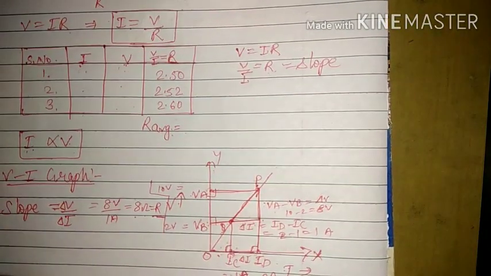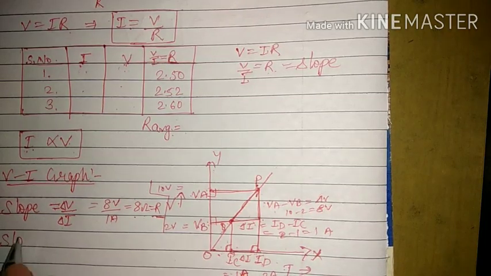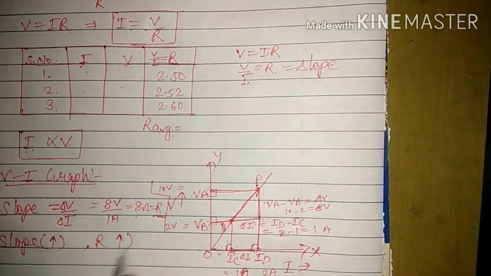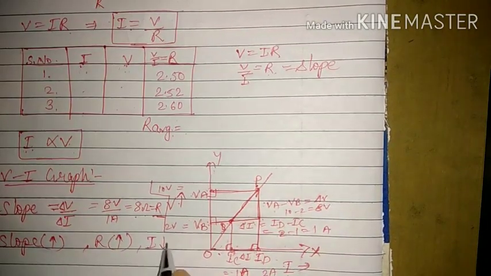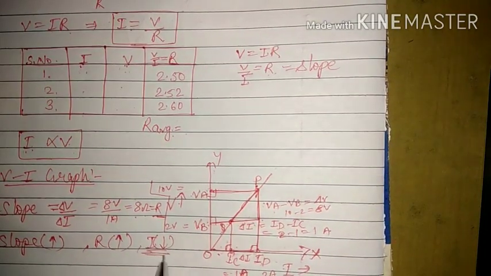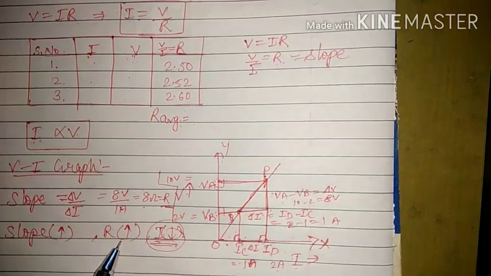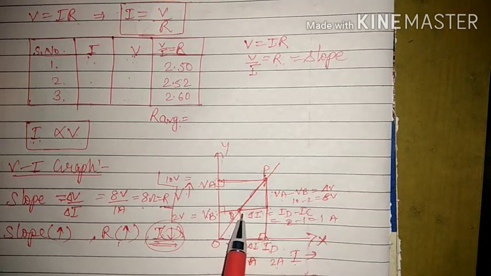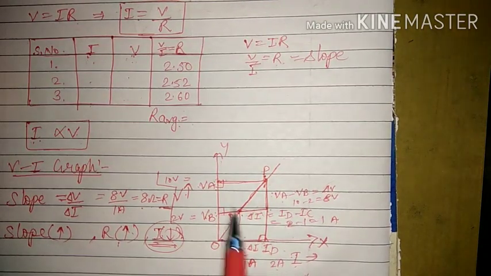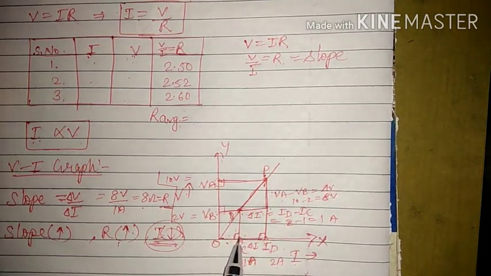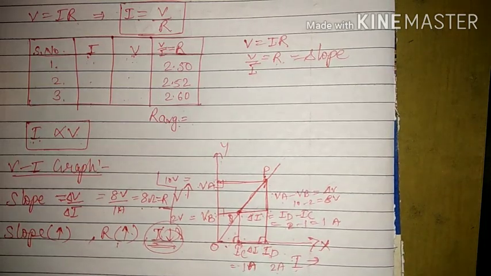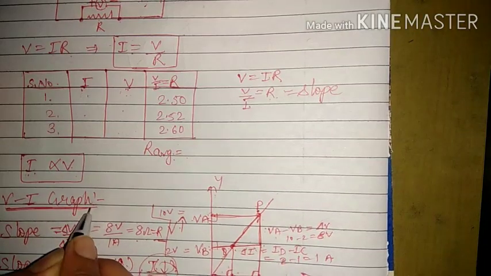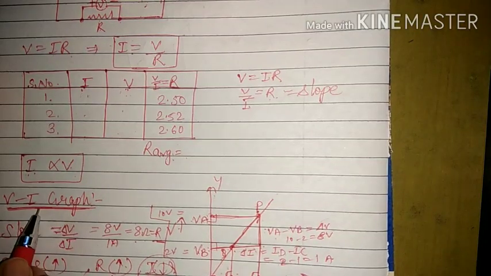So if the slope is greater, that means a larger value, then the value of resistance will also be high, and then obviously the value of current will be low. But here we do not have to do anything with current, we want only resistance. So if the slope of the straight line is more or larger, then the resistance of that conducting wire will also be greater. Now we have two things here. We are discussing actually the VI graph, that is the voltage-current graph.